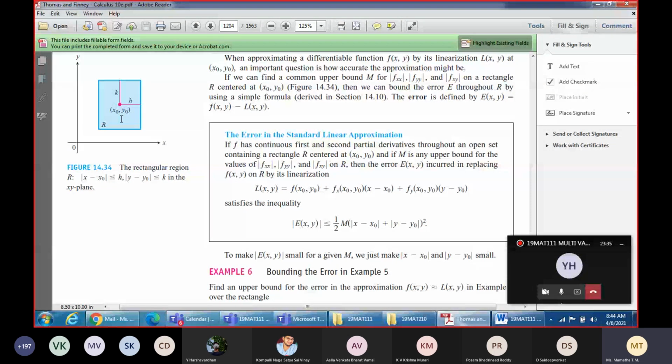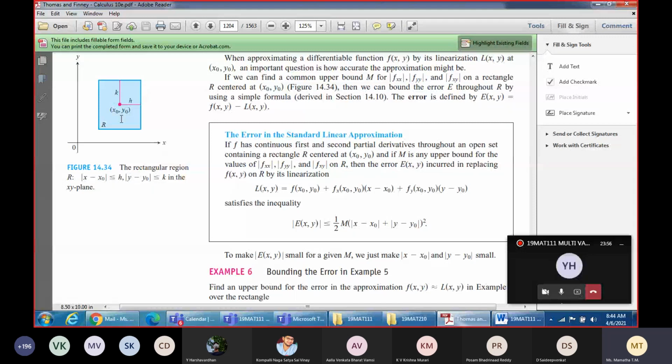If I do the calculation of change in the function only with respect to x, that is your partial derivative ∂f/∂x. Only with respect to y, it is ∂f/∂y. But if I want to find out the total change in the function with respect to both the variables x and y,